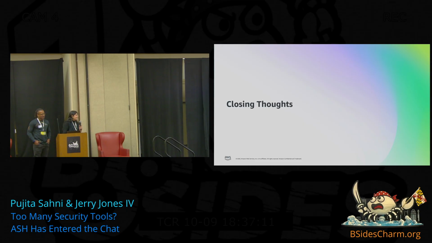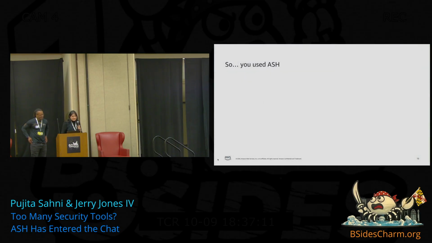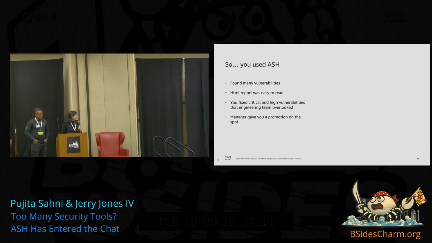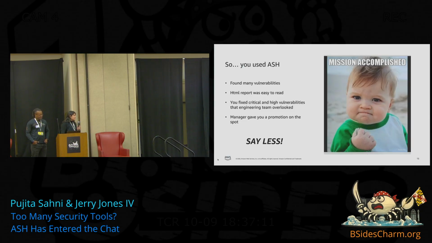Okay, that was a lot. But you guys saw what Ash does, and so you used Ash. Now you know you found vulnerabilities. The HTML report was easy to read. You went in and fixed everything, and mission accomplished. Like your security review that was due at 8 a.m. tomorrow, you were able to get it done right on time. I think Ash just makes it so much easier for you to run a security review, like a DSR. I feel like everything we do, we run so many DSRs on the daily, and Ash has made our lives so much easier ever since we've started using it, probably the past year.